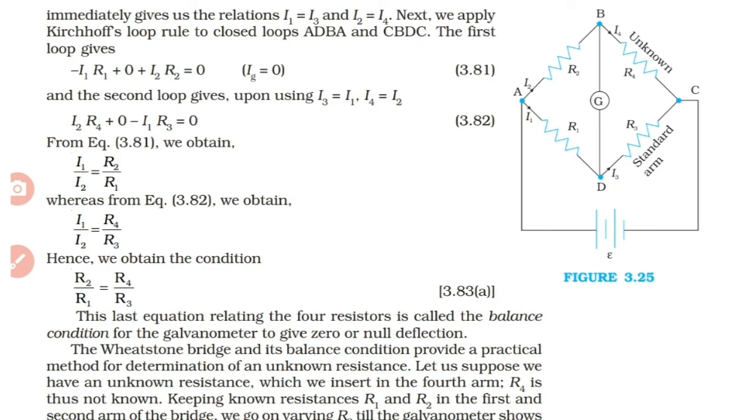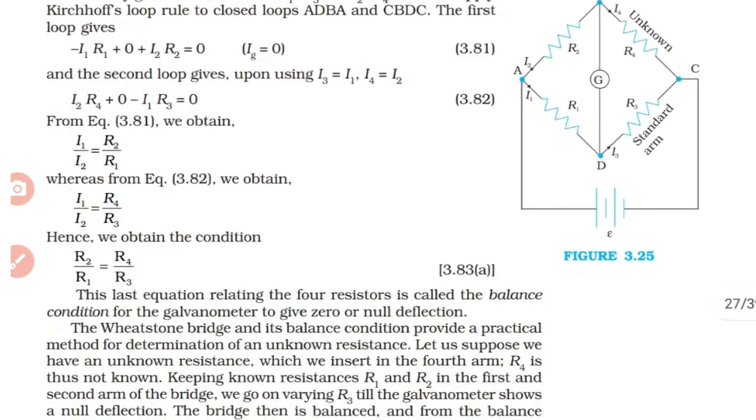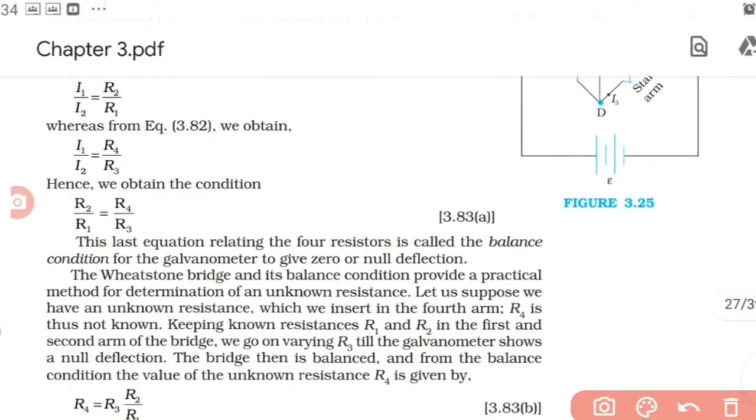Okay, so no current flows through the galvanometer means what? The galvanometer will not show any deflection. We say null deflection or zero deflection. That is a word you have to pay attention to: zero deflection or null deflection. So when no current flows through the galvanometer, the galvanometer pointer will not show any deflection. That condition only we call zero deflection or null deflection. Okay, so that is how we use Wheatstone's bridge.